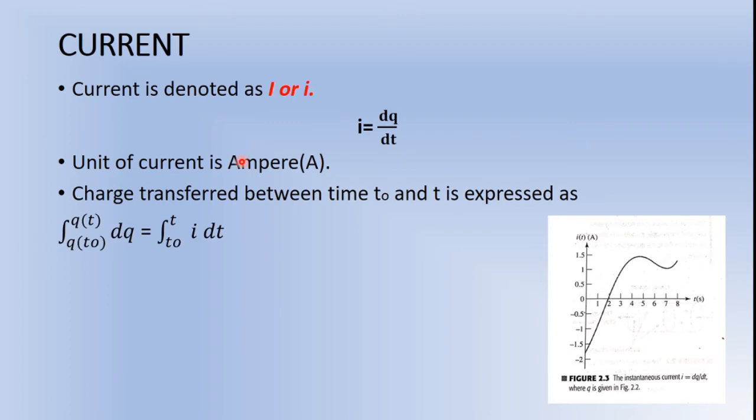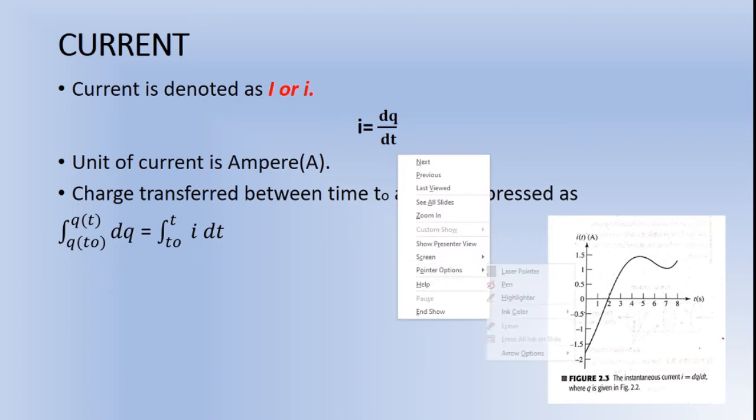And we very well know that the unit of current is ampere and the charge transferred between time t naught and t. So let us take two time instances. I start at 8 o'clock, I end at 9 o'clock. From 8 o'clock to 9 o'clock, how much has my mobile phone charged? How much charge has got transferred? So we start the charge at q of time t naught. I end at time t. So from this equation, we can write dq as i into dt.